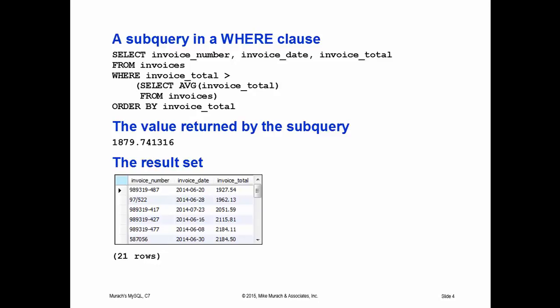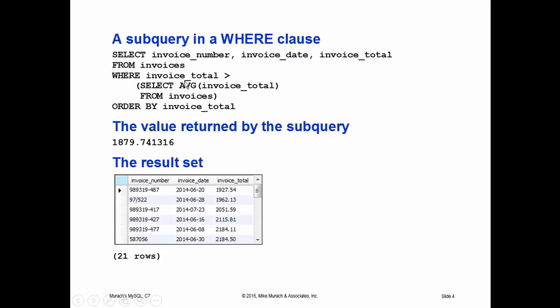Now think about it this way. What we're trying to do here is select the average invoice total from invoices. Let's just say that average invoice total happens to be $2,000. Just as an example. In fact, looking at what they have in here, let's make it $1,925. So we do the innermost query first. We get the answer to that query, and then the output of that query becomes the input to the other